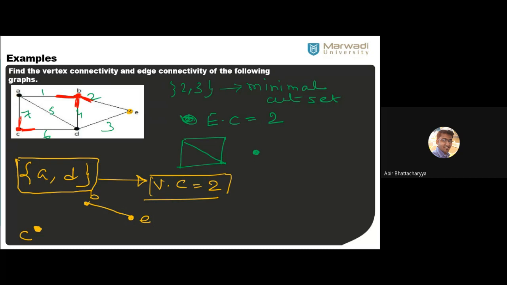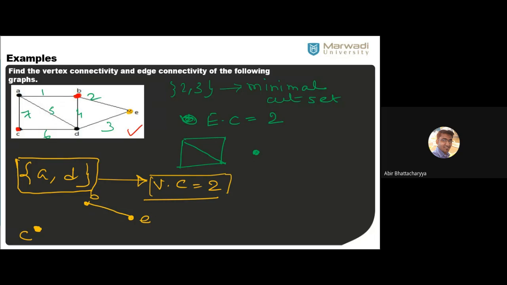Hannah says, if we disconnect E only, can 2 and 3 be disconnected? If we disconnect E only, then 2 and 3 is disconnected. That is okay. But the graph is not disconnected. Graph is still connected because I'm removing E as well as 2 and 3. But still the graph is connected, Hannah. That's why. Getting my point, all of you? Yes.